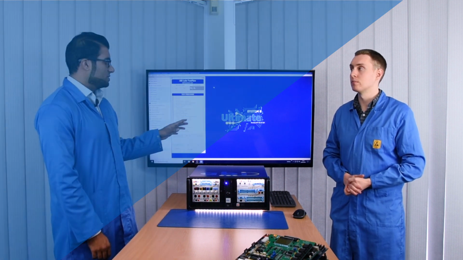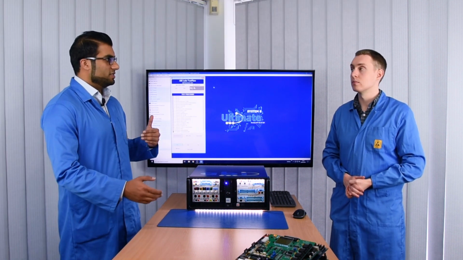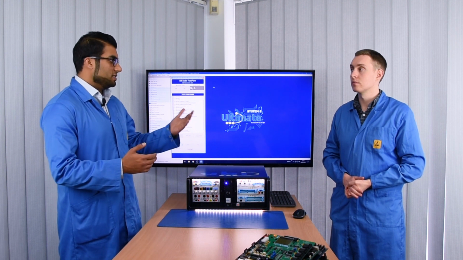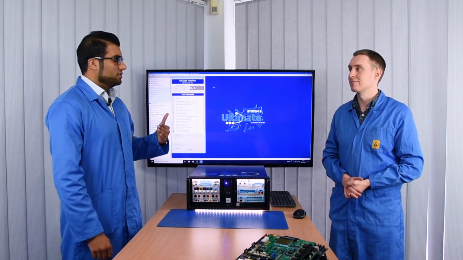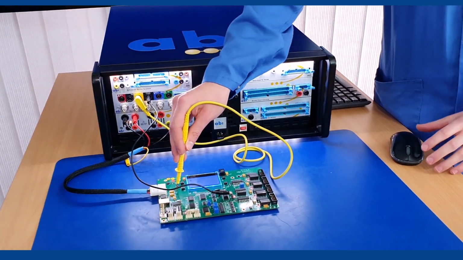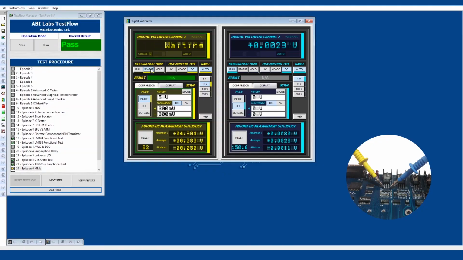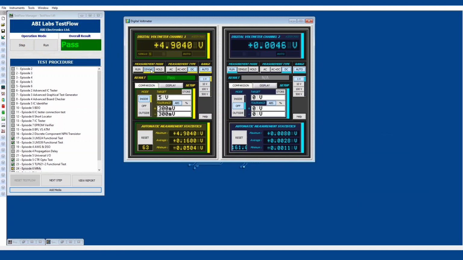That's great. So with the System 8 Ultima software, we have the ability to create our own custom instruments. And as you mentioned, it will allow us to set up the instruments in different ways, delete things, add things, and tailor it to your needs. Yeah, of course. So it's not only a one-time application as well. You can save that instrument and then you can import it into your other projects as well.